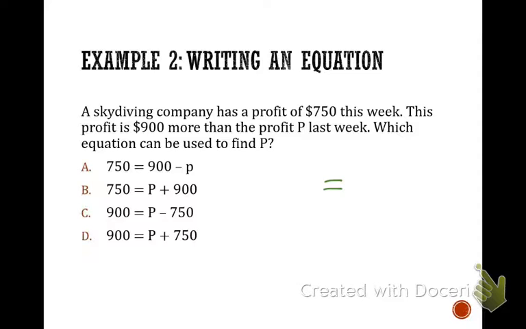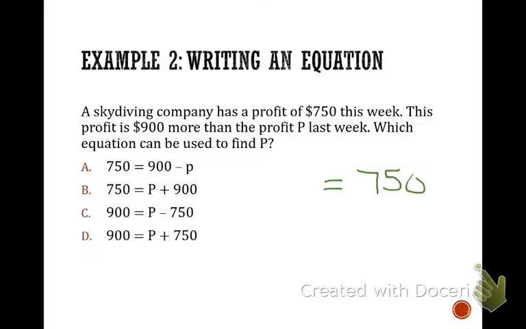Now remember, this is important, guys. You're not necessarily looking for the biggest number. You're looking for the final amount. What is your final amount? The amount that's not going to be connected to a variable. It is 750, okay? That's your profit this week. Now, this profit is $900 more than the profit last week. So right now I want you to think, what operation would you do between 750 and 900 to figure out